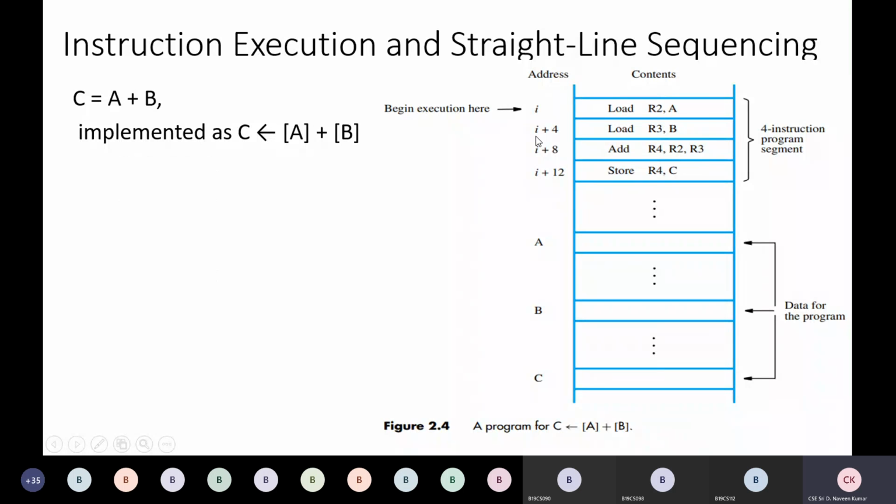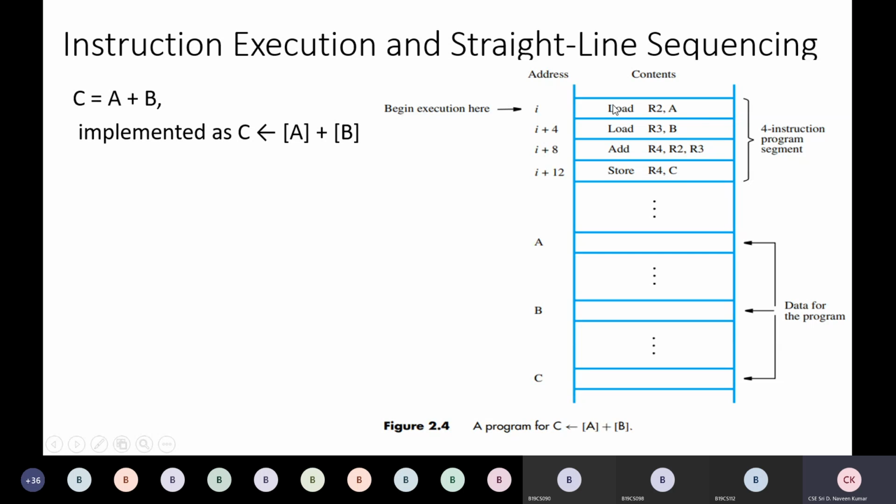Looking at this, I plus 4, these are the addresses. I is an address, I plus 4 is another address, I plus 8 is another, I plus 12. Can anybody say, based on these, what is the word length here? What is the word length? In each word, an instruction is loaded. This is one word of space.